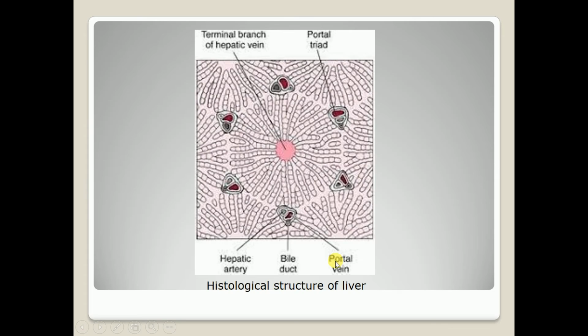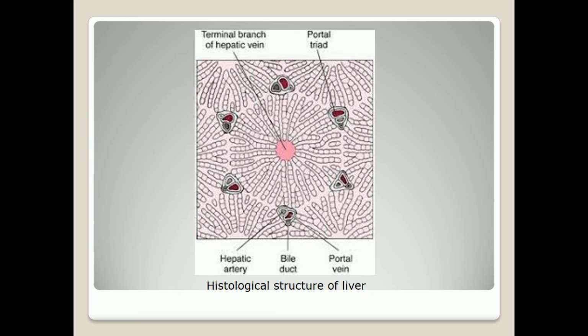Now the microscopic structure. The liver is incompletely covered by an outer tunica serosa membrane which is derived from the peritoneum. Below it, the liver is completely covered by delicate connective tissue. That connective tissue capsule is called Glisson's capsule. This capsule contains more elastic fibers at one place on the lower surface of the liver.